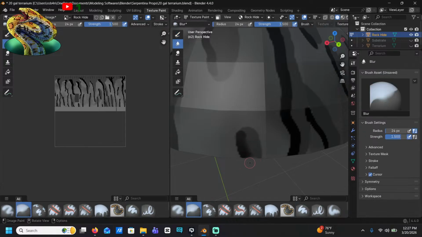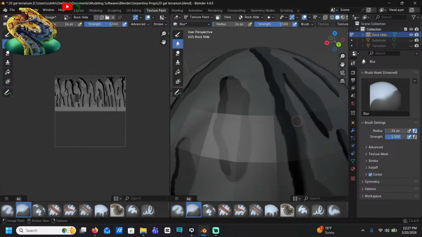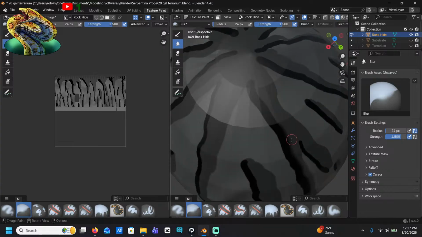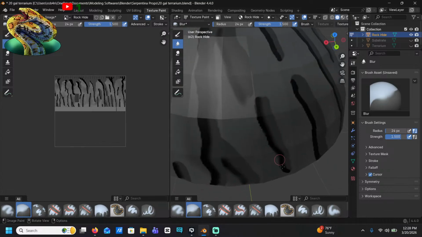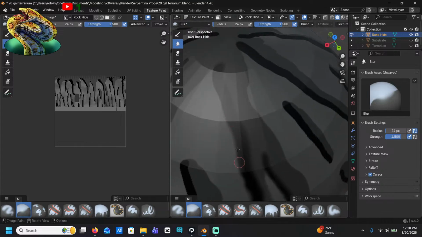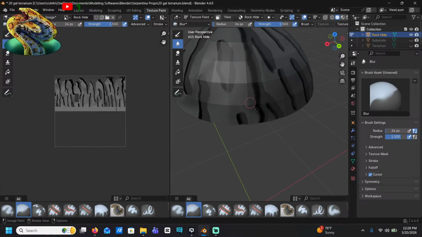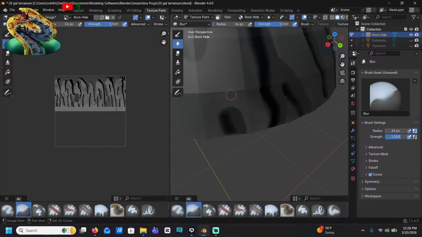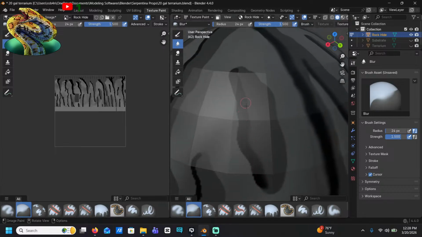Okay, I get to go blur. I get to go blur all the black and the gray together. That's it.